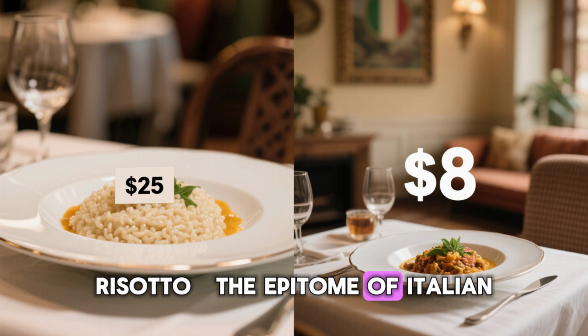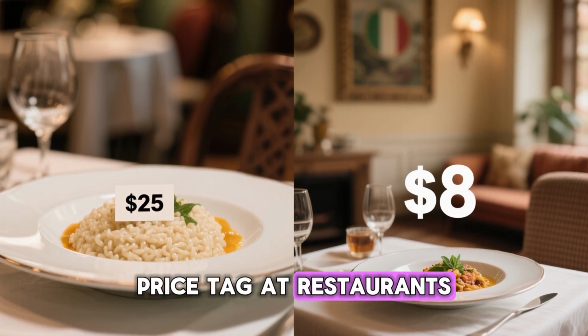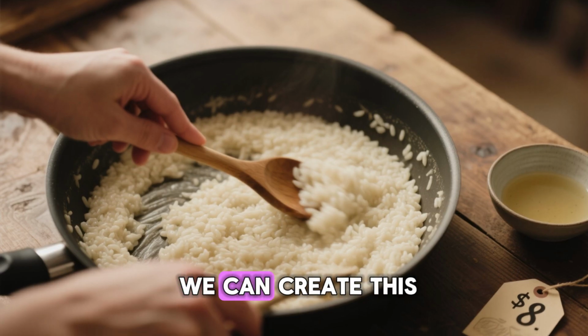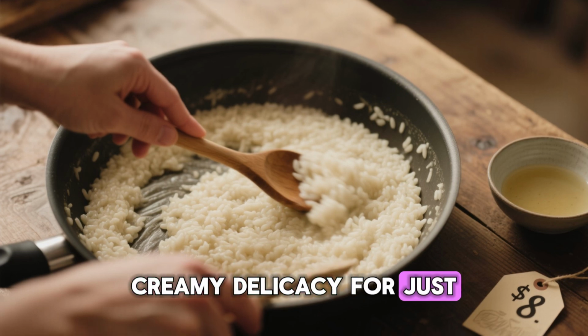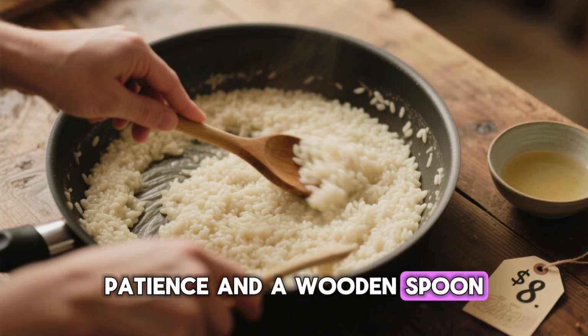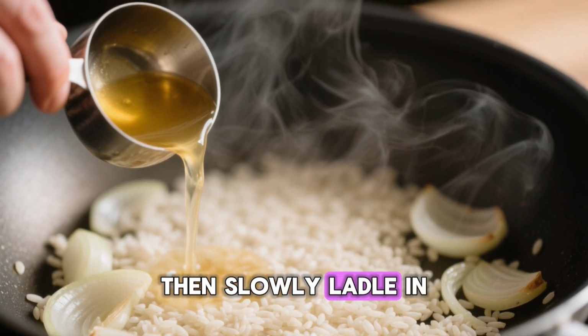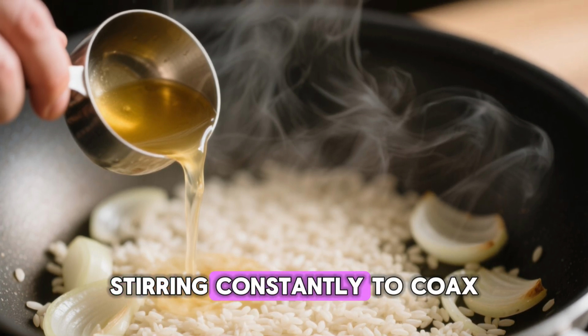Risotto, the epitome of Italian comfort food, often comes with a hefty $25 price tag at restaurants. But fear not, for we can create this creamy delicacy for just $8 per bowl. The key? Patience and a wooden spoon. Toast arborio rice in a pan with sautéed shallots, then slowly ladle in warm broth, stirring constantly to coax out